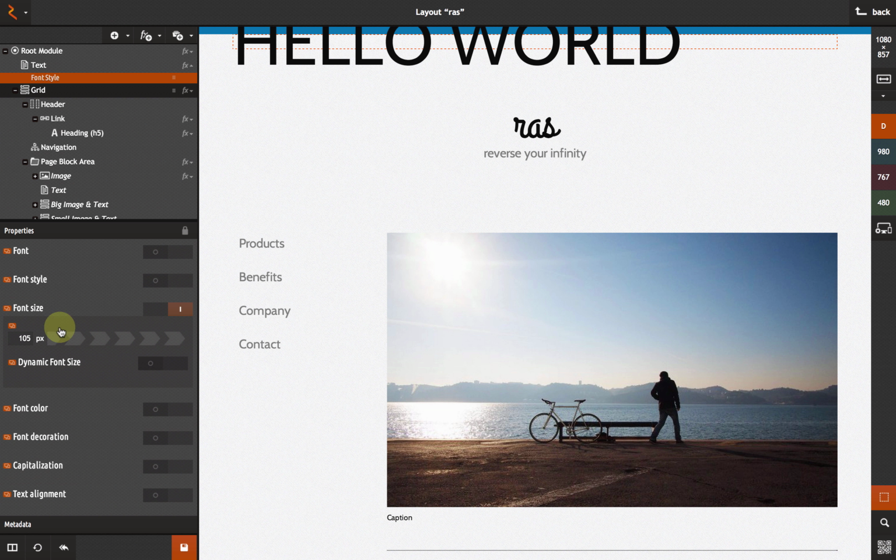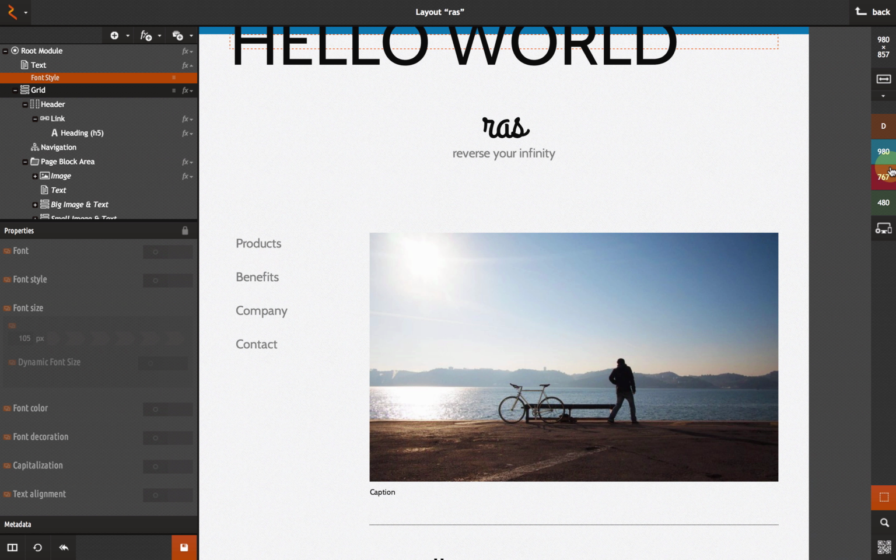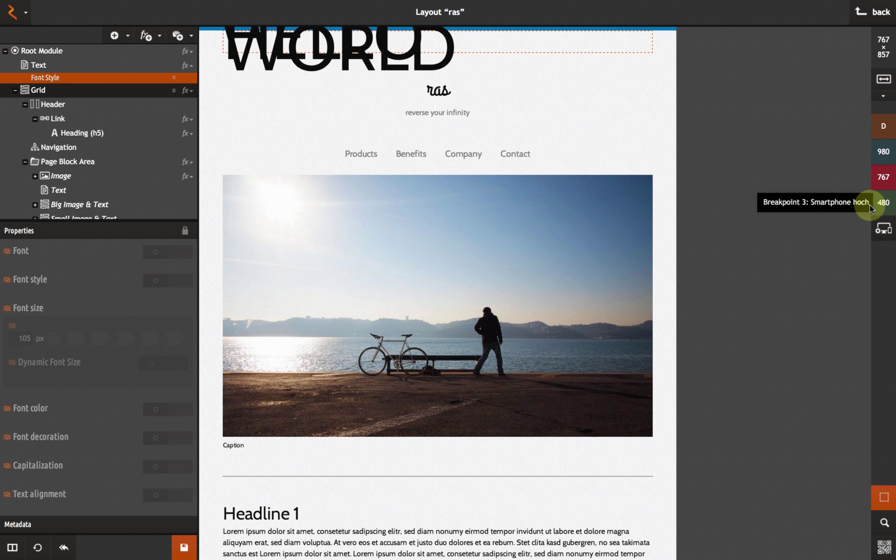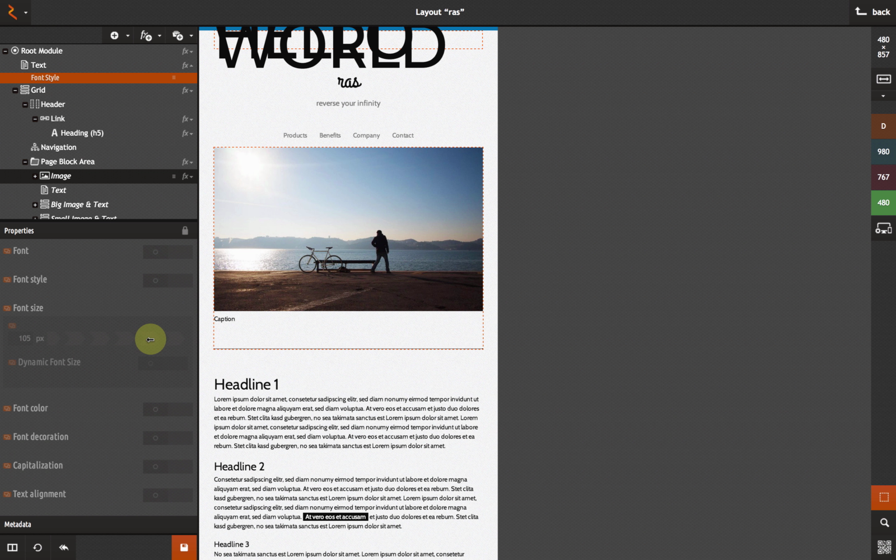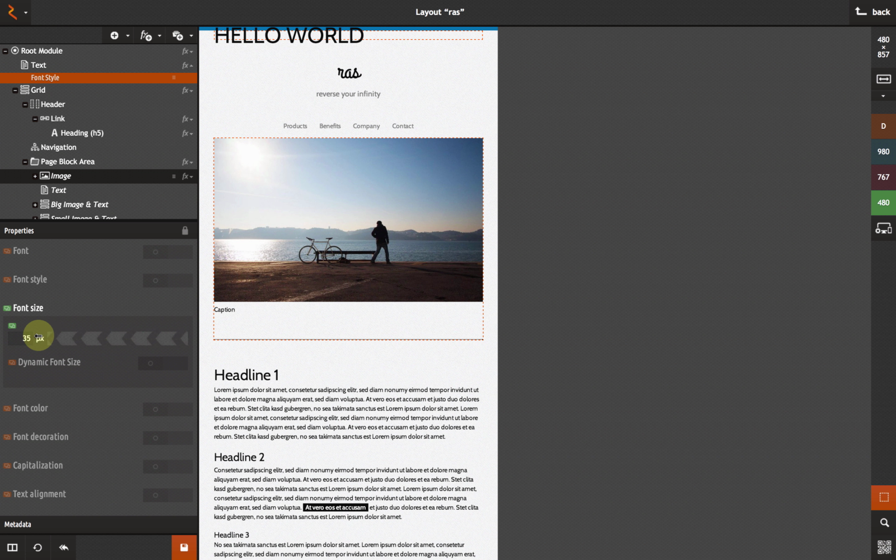Now as you can see, all these settings have these little orange icons. And what these mean is that this setting corresponds to a certain breakpoint. In this case, the orange icon corresponds to the orange breakpoint, which in Rukzuk is always default, so our biggest breakpoint. But if I resize this to say the green one, and now change this value, it gets a green icon,